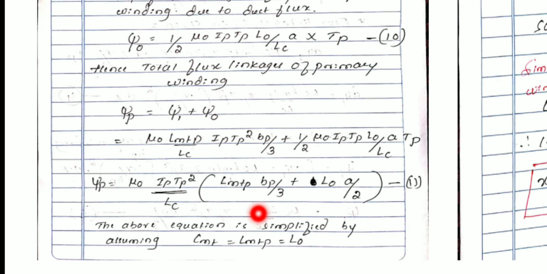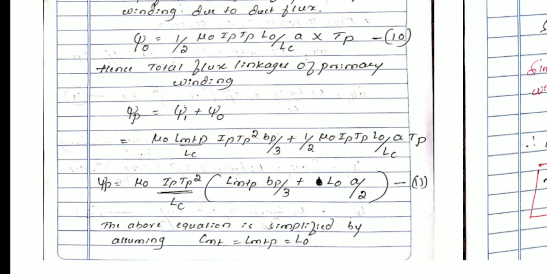LMT. So this will also be equal to length of mean turn in a primary as well as the length of a duct. M stands for mean, T stands for turn, and P stands for the primary. Length of mean turn in primary winding, LMTP, will also be equal to length of a duct. All together it will be equal to what? LMT, just LMT without representation of primary or secondary or a duct. So it is going to be represented as LMT.